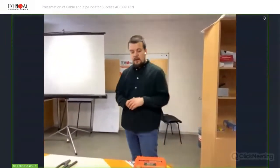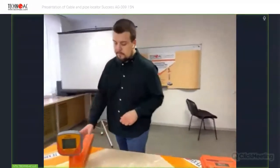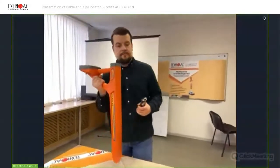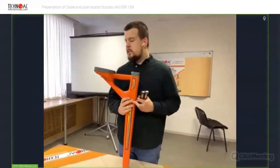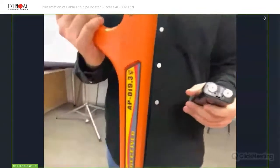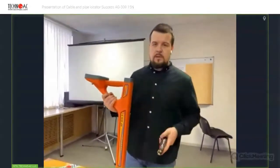Okay, fine. I will try to be a little bit faster so we could save some battery till the end of the event. So this is the locator, the receiver. In this case, it is the AP19.3, the GPS version of the locator, but generally we supply AP19.1 with this